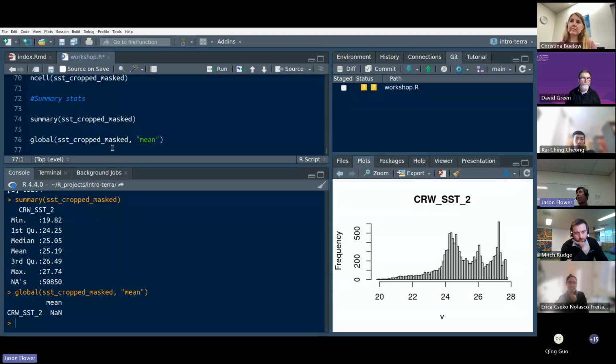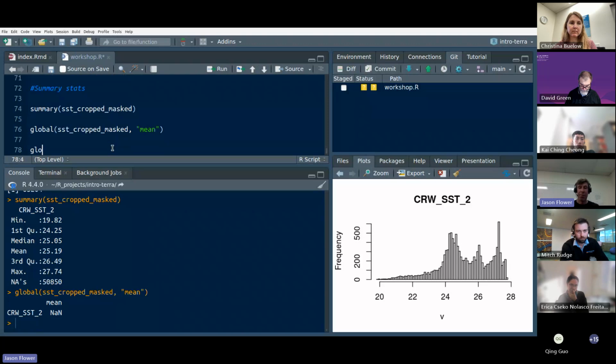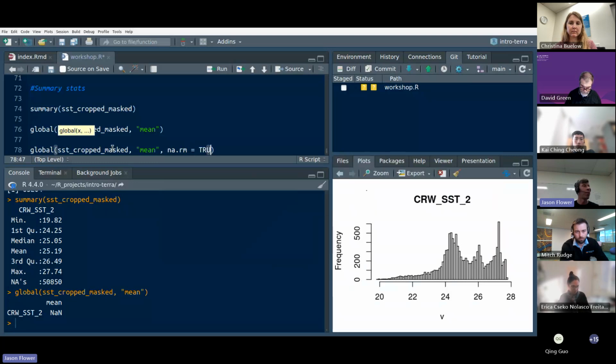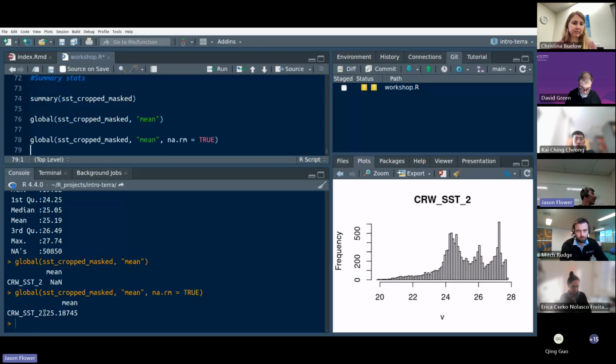Now the reason for that is there's a lot of NAs. If there's NAs in something, it doesn't return a value, it just says NA. So we can repeat the function. We'll do global SST crop mast, comma, mean, and this time I'm going to use na.rm, short for NA remove, equals true. So if I run this now, I get my mean value, which you'll see matches what we had up here, 25.19,